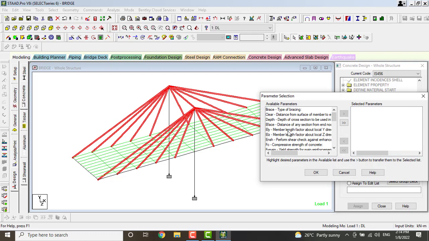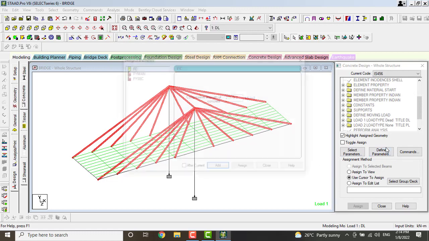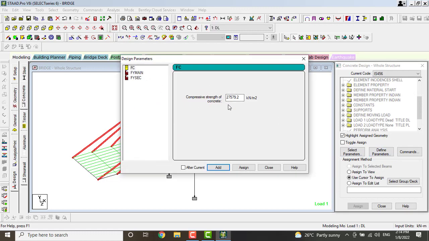Here you have to select only FC, FMN, FSEC. Click on OK. Go to define parameters. Here you have to give the compressive strength as 30,000. Click on add. FMN as 5 lakhs.